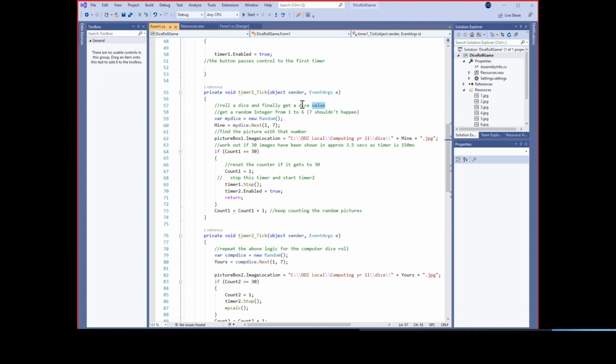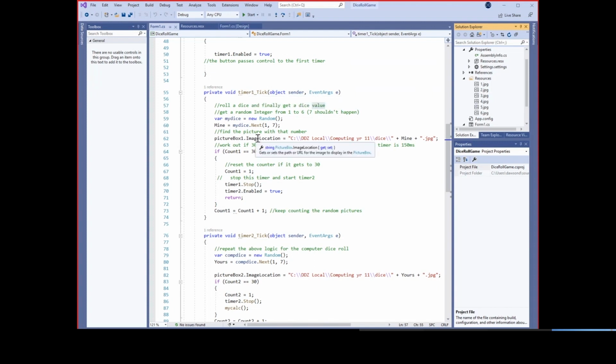Now remember that the dice, and you see them over here, I've got them in resources here, although I'm not using them in resources. I'm using them from a local folder, but you can see that I've got these pictures. So every picture that is in your local directory has a different number. It's those numbers that I use to find out which image is displayed. Every time this timer runs, and it runs every 150 milliseconds,